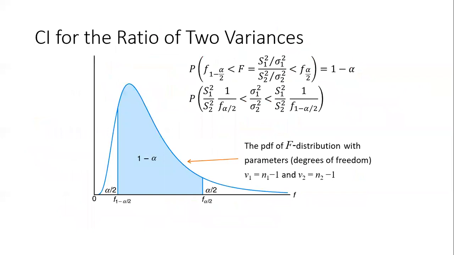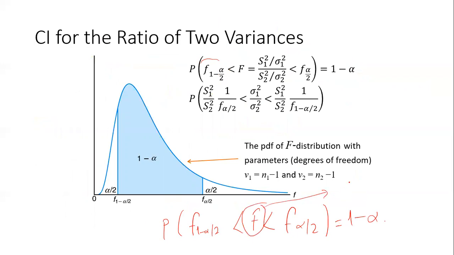Okay? Now, let's look at the confidence interval for the ratio of two variances. As I said, this is the general formula that we use. The probability that f 1 minus alpha over 2 is less than f, which is less than f alpha over 2, is equal to 1 minus alpha. So instead of f, I just write the definition of our random variables, which is s1 squared divided by sigma 1 squared, over s2 squared divided by sigma 2 squared. And after some algebra,